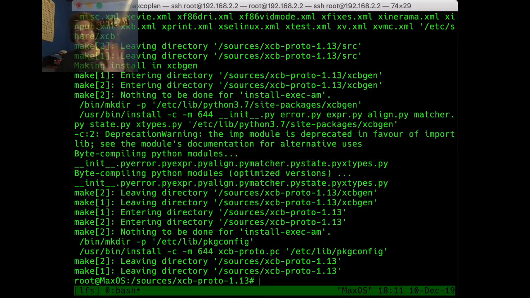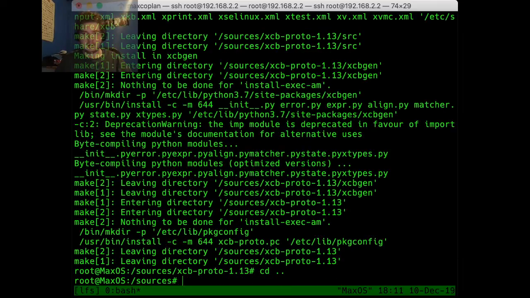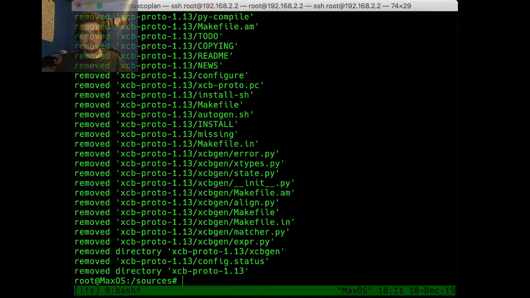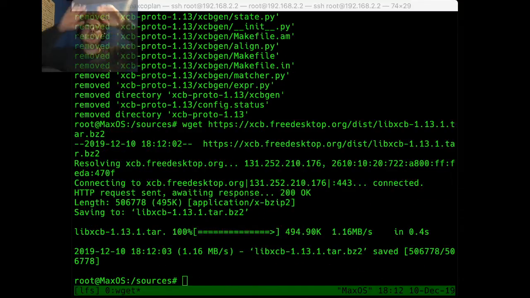All right, so last up for this part is the libxcb libraries. The libxcb package provides an interface to the X Window System protocol, and it replaces the current Xlib interface. But Xlib can also use XCB as a transport layer, so software can make requests and receive responses with both.